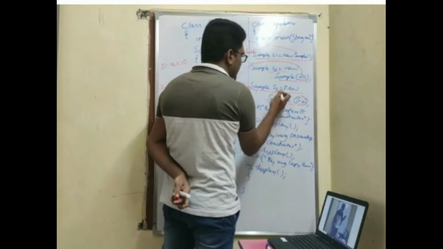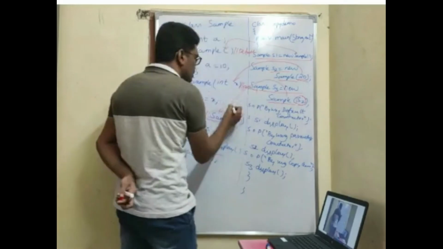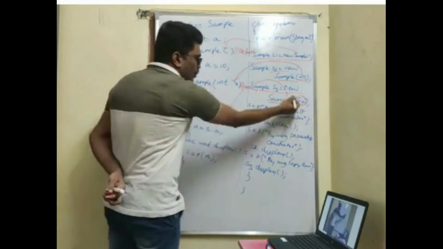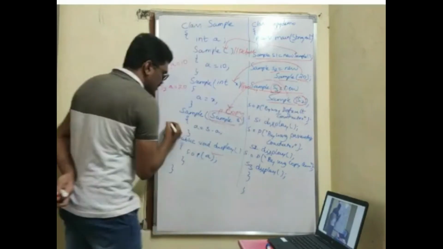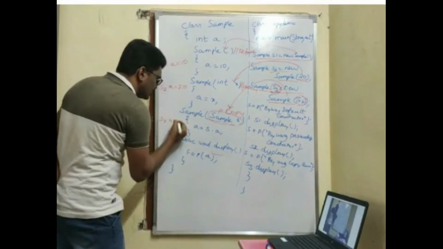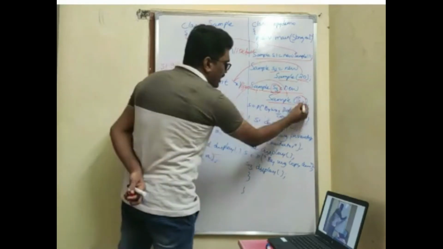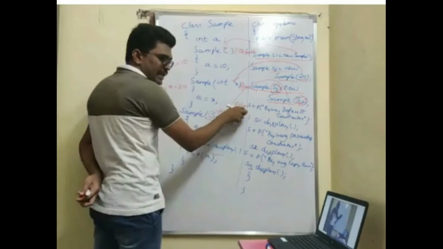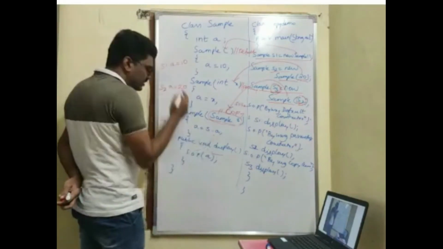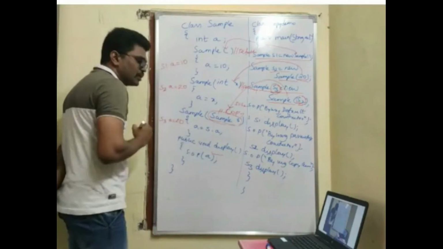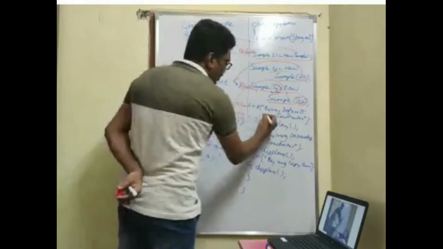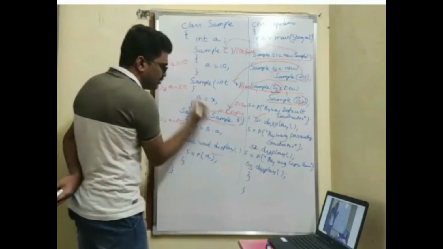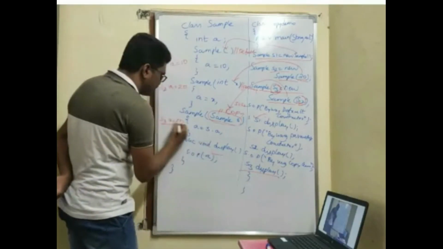So now I am calling this. Which one is matching? You are passing an object, and here it is an object, so this constructor is matched. Now which object are you calling? s3. So s3 dot a is equal to which object you are passing? s2. Here s is equal to s2. It will be copied like this. So what is s2 dot a? 20. This value will be copied here. Now whenever I call s1 dot display, the corresponding value will be displayed, and s2 dot display, the corresponding value will be displayed. s3 dot display will be called.